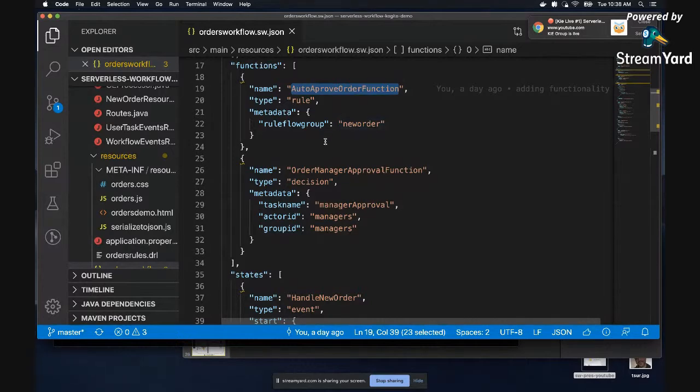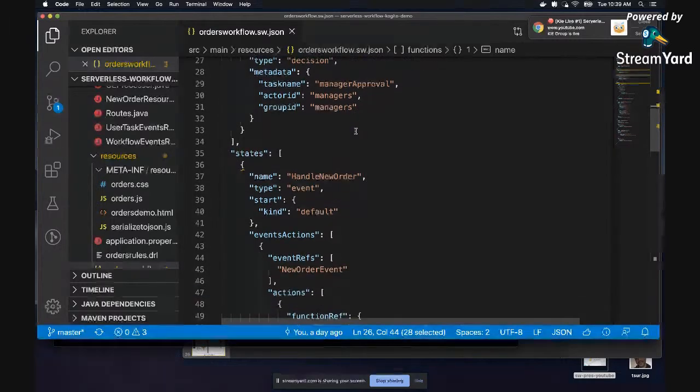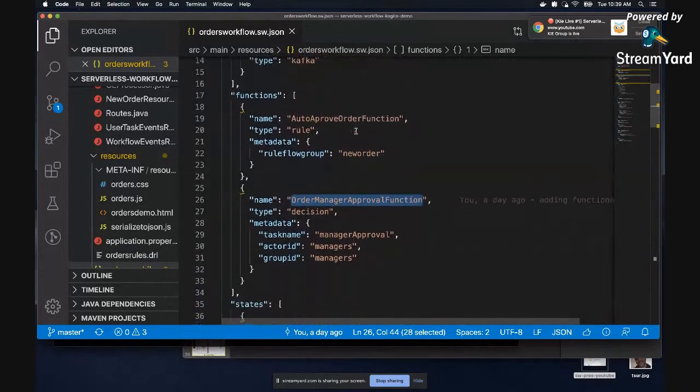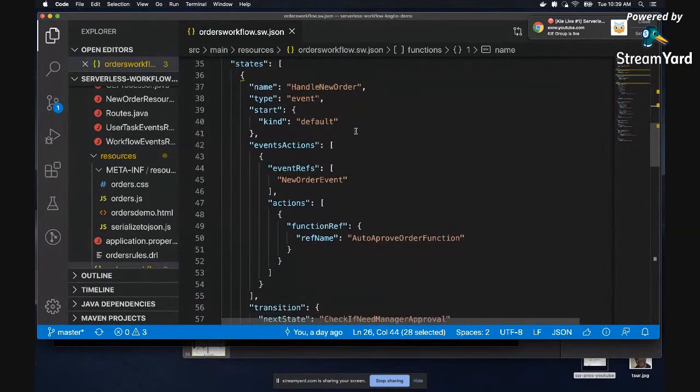So for that, we have one function definition. For another one, we might need human interaction here, and we might actually need a manager. If the rule says, okay, we don't know if this order can be approved, we need a manager decision. So we have a human decision service, which we want to invoke during the orchestration process. And those are really the two services that we interact with for this type of orchestration.